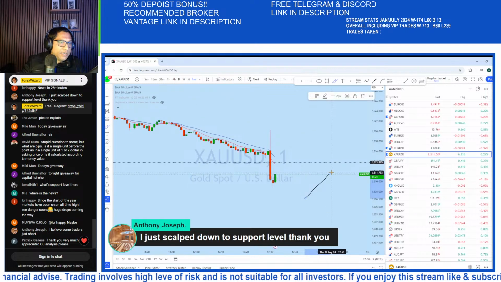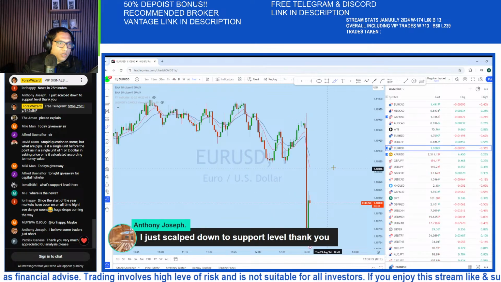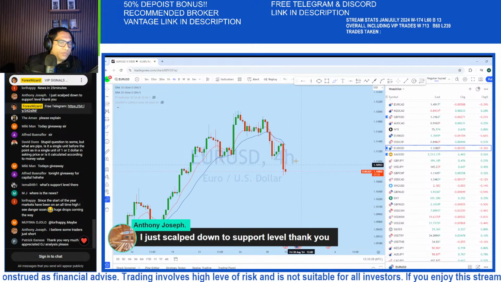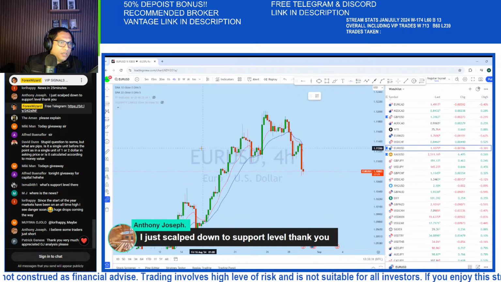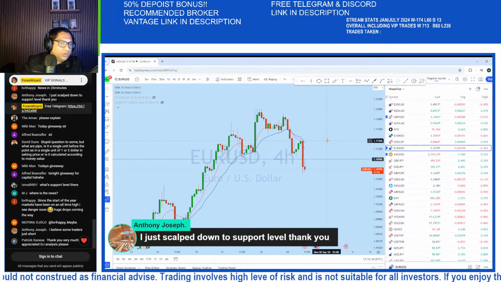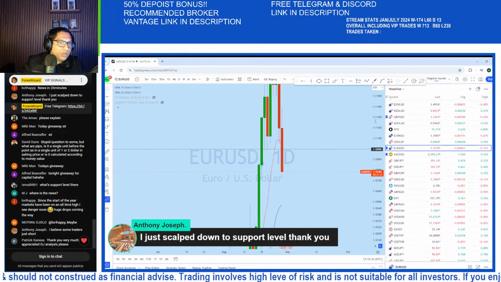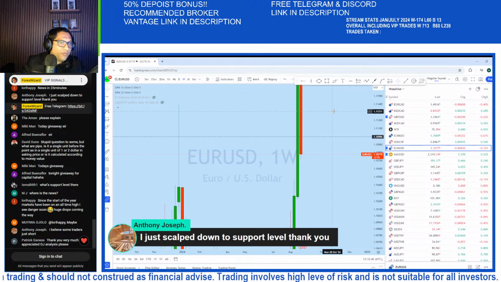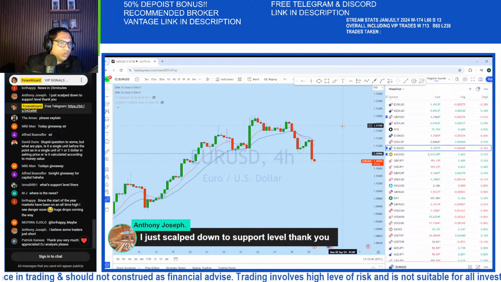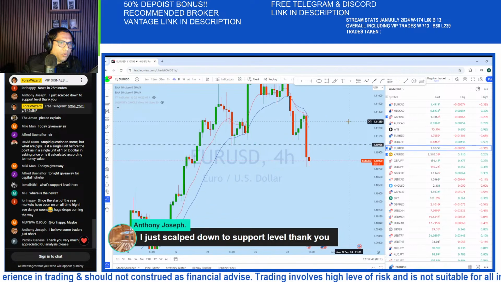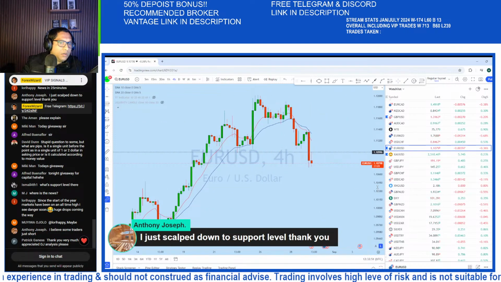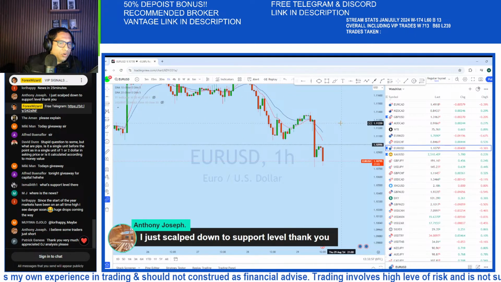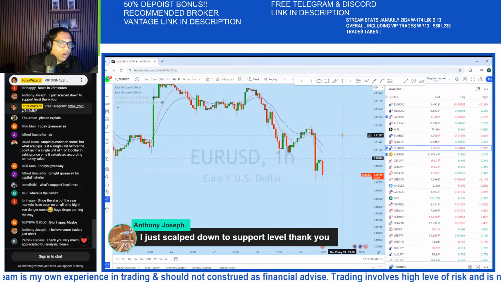Okay, here is what we can see on gold. Let's see what's happening with the euro dollar. Yeah, that's a massive drop on euro dollar from this level. From the 4 hour perspective, we could see that the euro dollar trend is down. If you look at the daily, we can see that big drop followed by another drop here on euro dollar. From the weekly as well, we can see the market started to drop. From the intraday, we can see the market started to drop here on euro dollar. From the 1 hour you can also see that drop. So the trend on euro dollar is down as well.